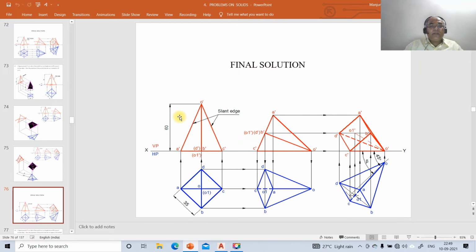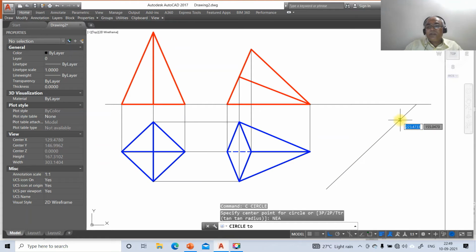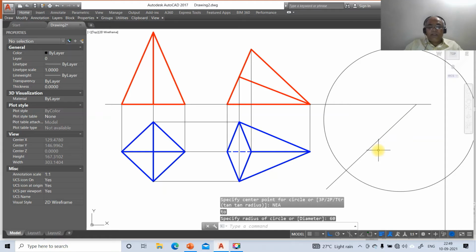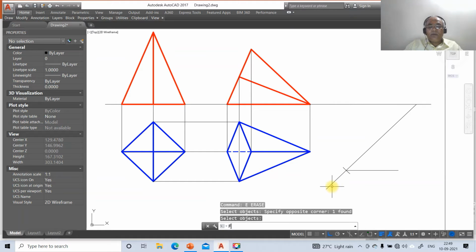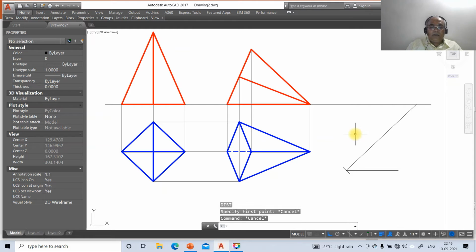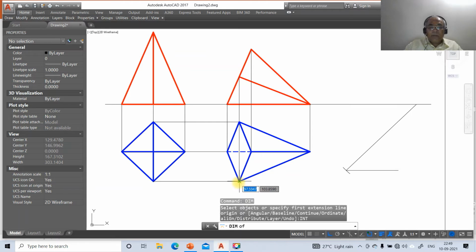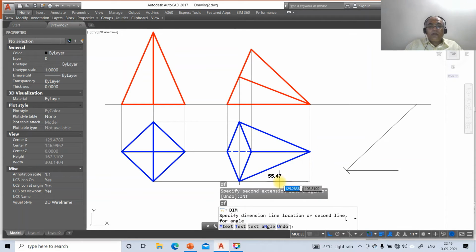Then we need to go for this height which is 60 mm. So to do that, go to circle, take nearest point on this and take the radius 60 and then go to line, take int of this and draw a horizontal line, then go to break this circle here and you break the circle on this side and then go to erase this, then go to fillet between these two. Now once you do that, then you just go to dim, take int of this and you take the intersection part of this two. So here you're going to get it as